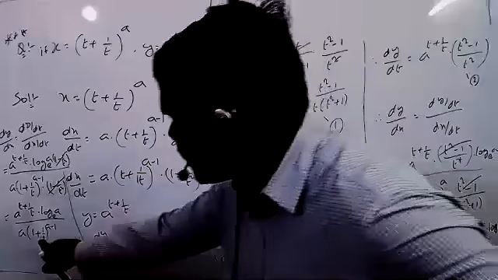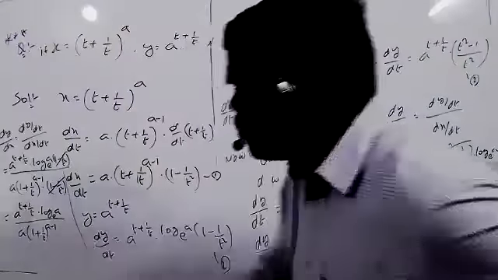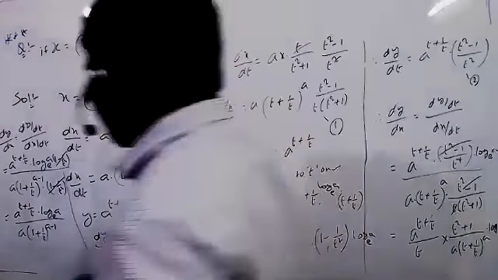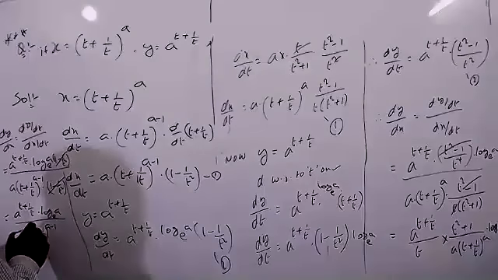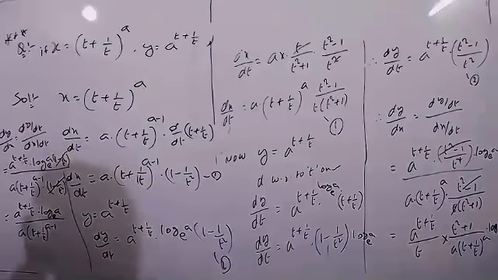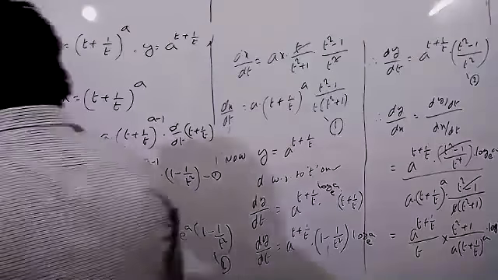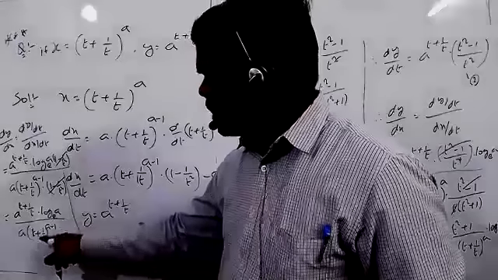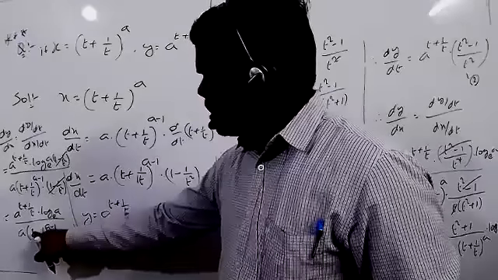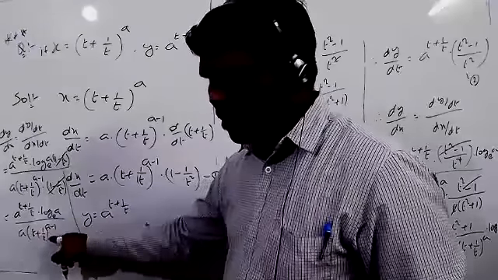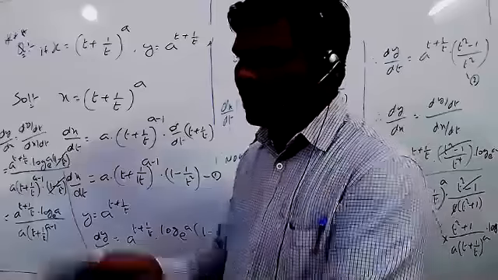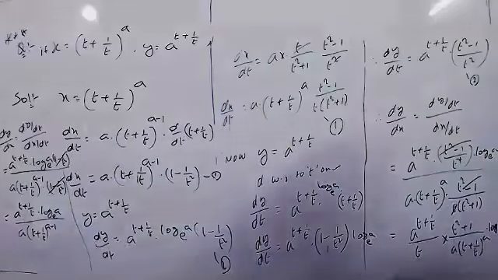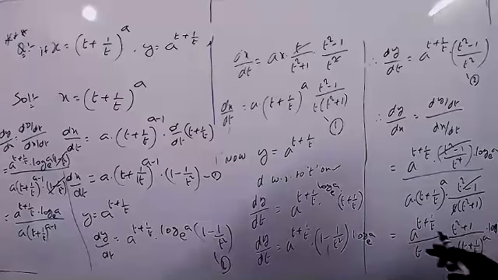Here we got the answer now: 1 plus 1 by t, whole power a minus 1. It's not 1, here also it is the t only, na? Correct. So the answer is the same, sir. See now, a power m minus n equals a power m by a power n. That means a into t plus 1 by t whole power a minus 1. Just take the LCM. Now t is the LCM, t square plus 1. Take the reciprocal, then we get this answer. The answer will be the same.